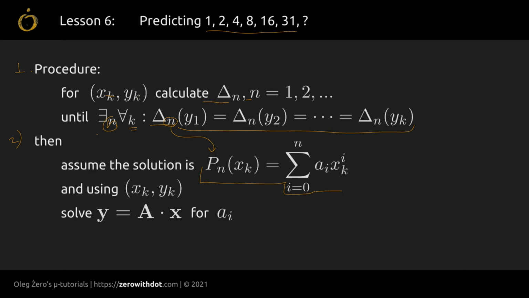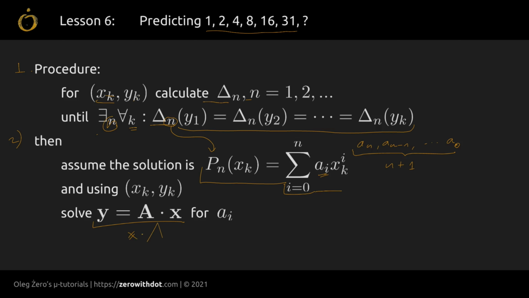So if we have the nth degree polynomial, then we're going to have an, then an minus 1, all the way up to a0. So altogether, we're going to have n plus 1 of those ai coefficients. And then we'll just need to pick n plus 1 elements from these two sequences and set up a system of equations. But here is a little bit of a trick, because we could write it this way, but I guess it will be more